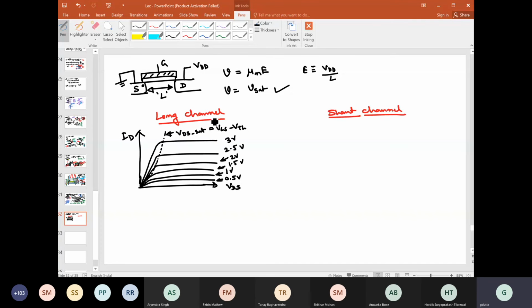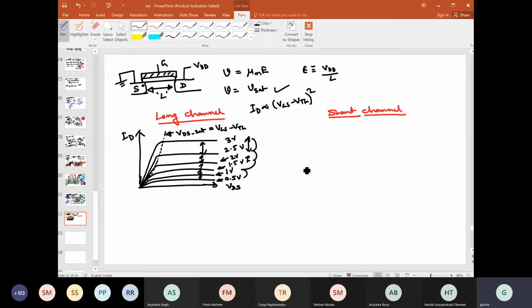So if this is the characteristics for long channel, then obviously you can notice one thing: as you change this VGS by the same amount, the separation between the currents is actually changing in a quadratic way, right? See here the separation. As you go from here to this region, you change VGS every time by the same amount, but the separation between ID is changing in a non-linear way. Actually it is quadratic, and that is also expected, because in the saturation region, what we have seen is that ID is proportional to VGS minus VTH, squared. So it is expected that you will get this type of shape for a long channel device.